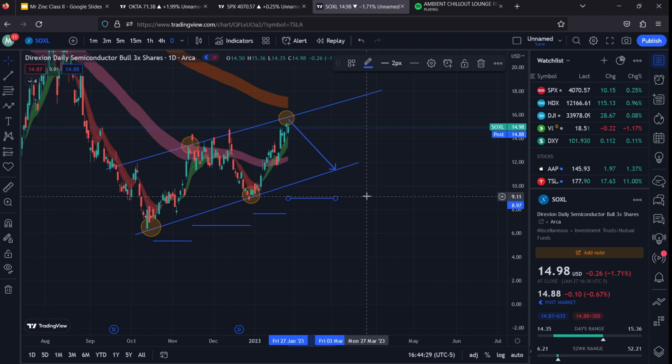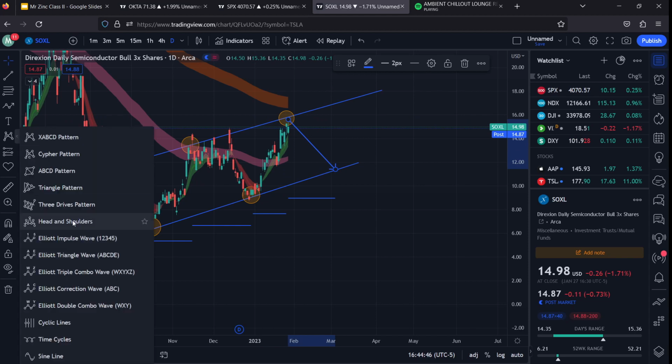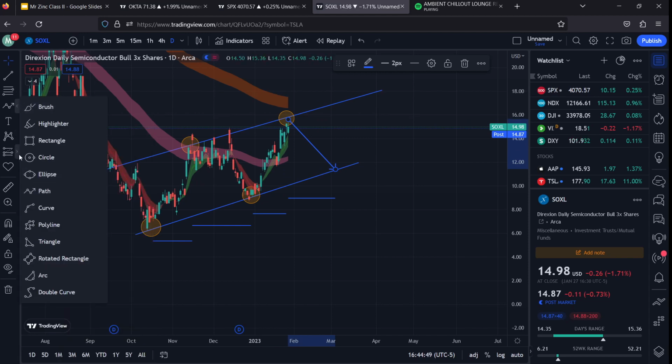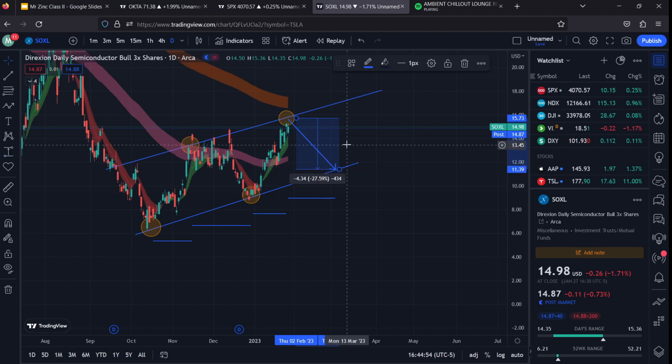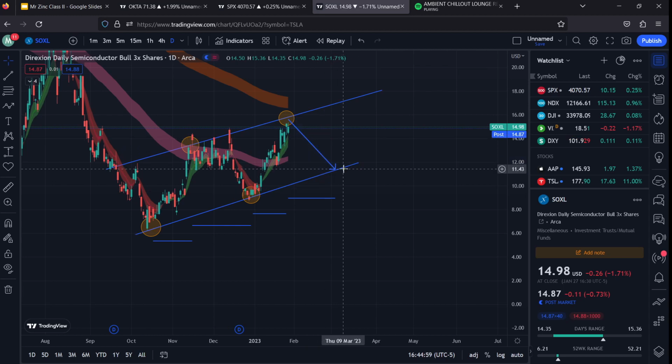So I would set an order for puts for 5 weeks out in this case, and I would aim for anywhere below, I'd say 12. Price target on the dot would be 11.30. So that would be, get the percent tool here, that would be a 27% decrease in share price, so $4. So I could buy a $11 put, a $12 put for 5 weeks out,